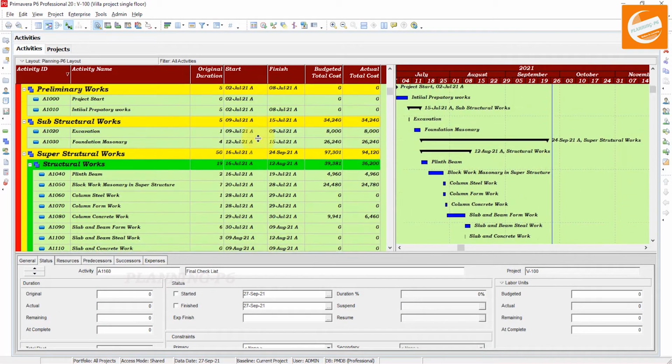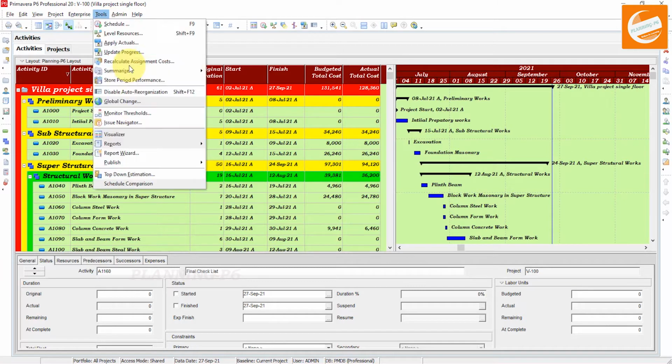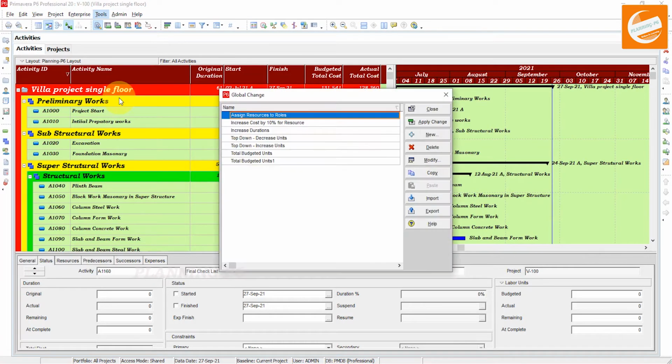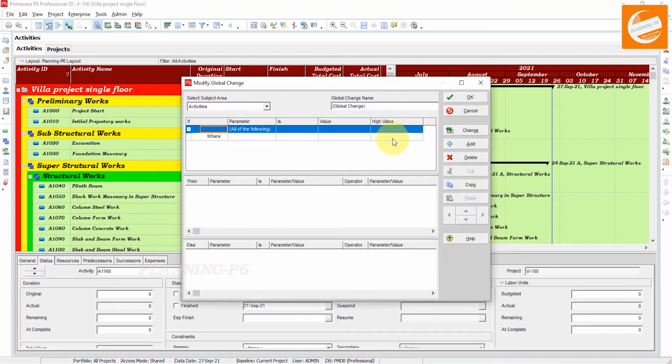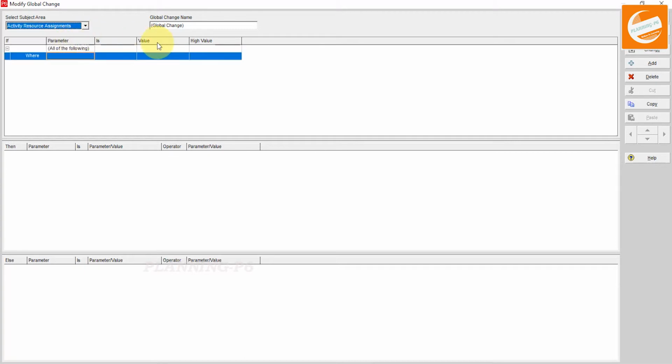After opening activities, we will go here to tools, and in tools you have to go to the option global change. In global change we have to add a new one, new global change. Here maximize it. Here we will select activity resource assignment, and here you just write the name pp6